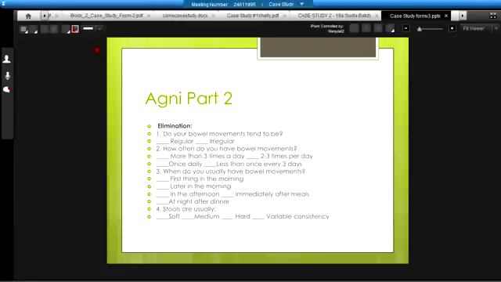How often do you have bowel movements? When do you have them? First thing in the morning, later in the afternoon? Monica G, I think a couple lectures ago, made a few points. For Pitta, having a bowel movement 2 to 3 times a day is their normal. Kapha going once a day is their normal. Vata going once a day is their normal. But Vata not going for 2-3 days is abnormal. So make sure you keep their Prakriti in mind and adjust your expectations for what is normal for that person.